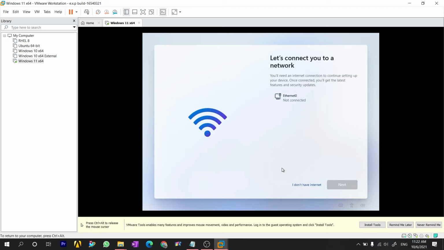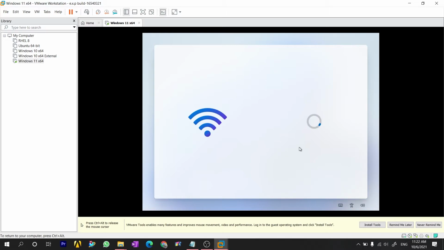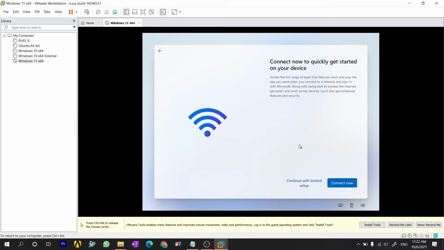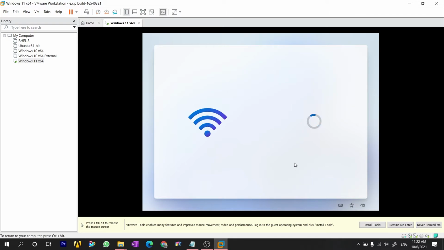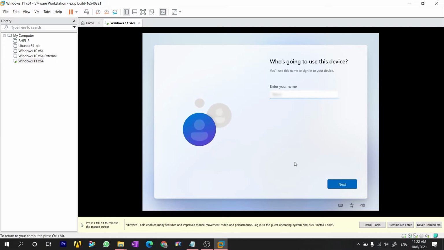So as of now, I have not enabled internet connection on this virtual machine. So I don't have direct access. So I will continue with limited setup. So here you can put your name.